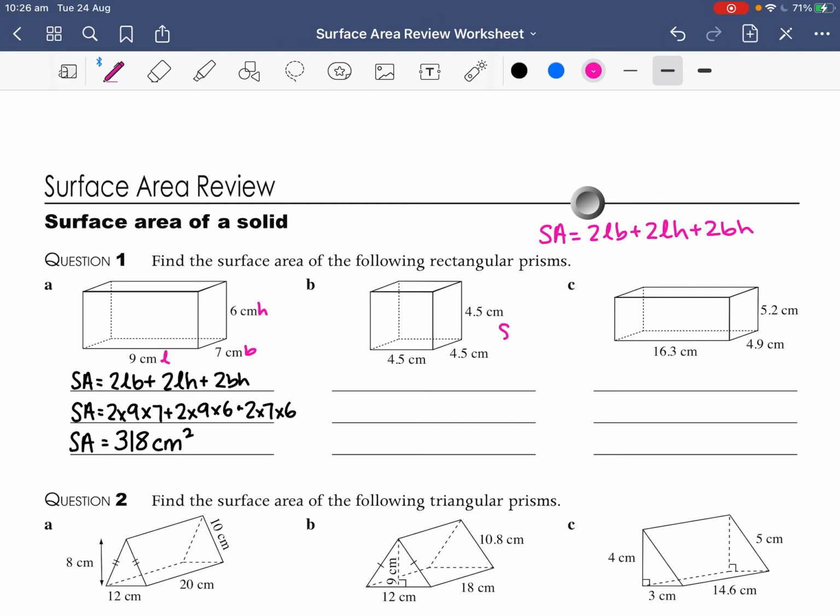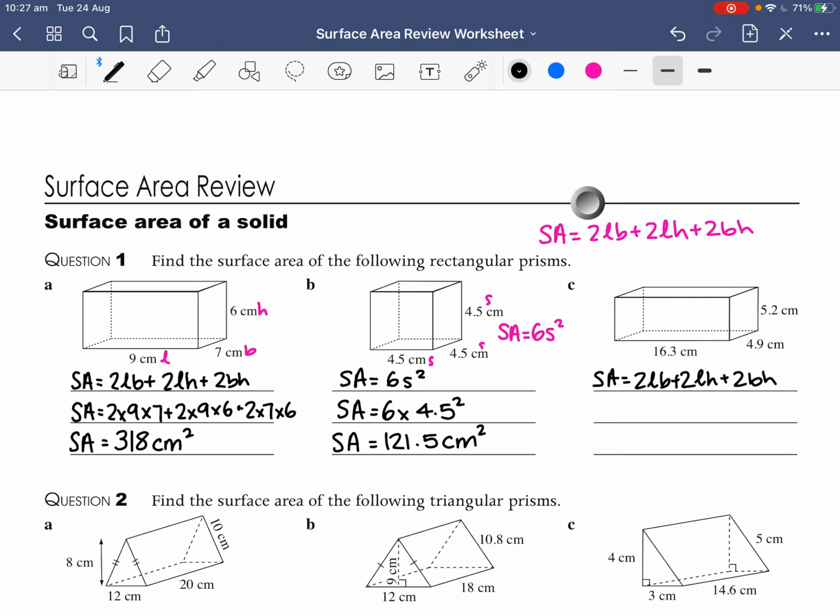The surface area formula for a cube is surface area equals 6s squared, where s is our side. So surface area equals 6 times 4.5 squared. Put this into our calculator, we get 121.5 centimetres squared. For part C, again we have a rectangular prism, so our surface area formula is 2LB plus